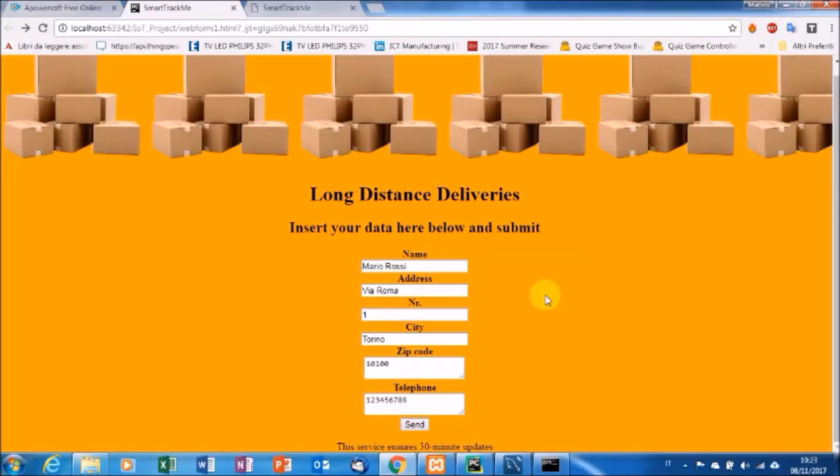Let's now have a look at how the insertion of a packet works. We developed this web page in which we have to fill this form with name, complete address, city, zip code and telephone. And then through this send, we are sending a get to the database that is putting the packet in the system. So we do send,